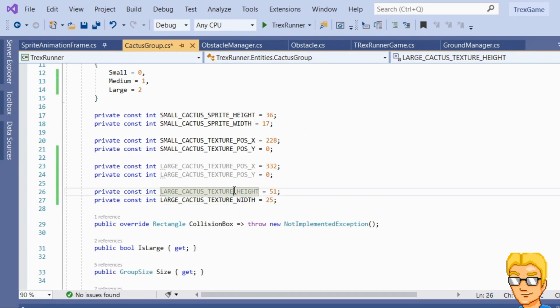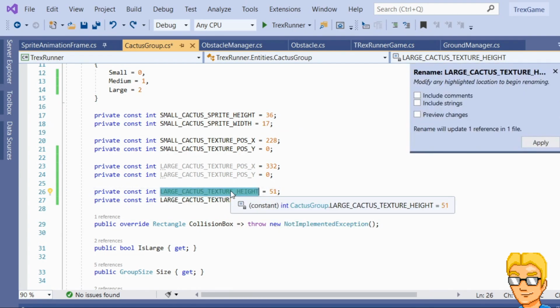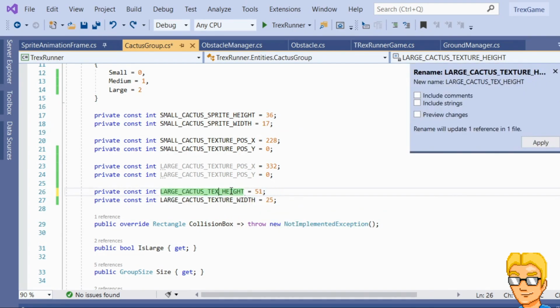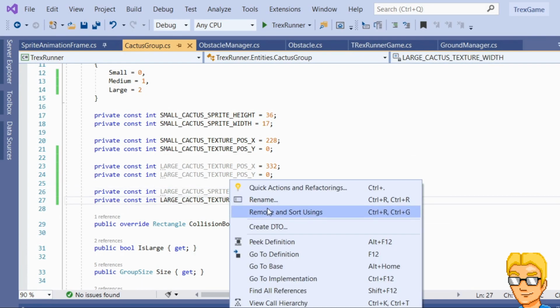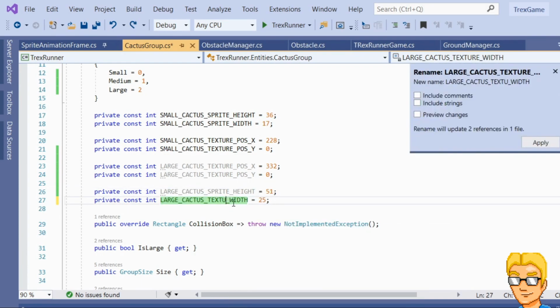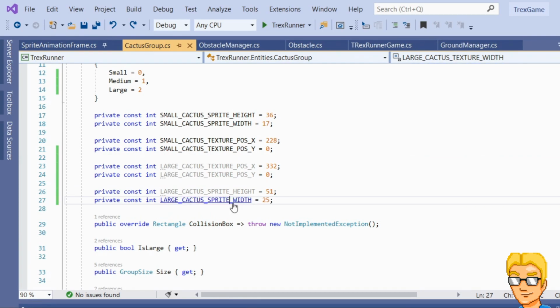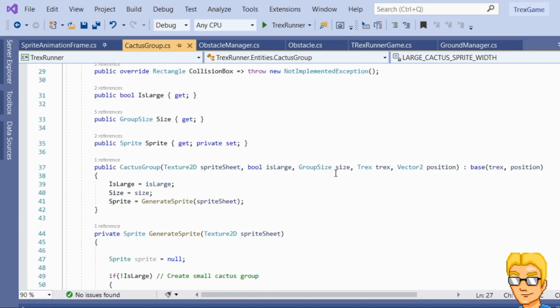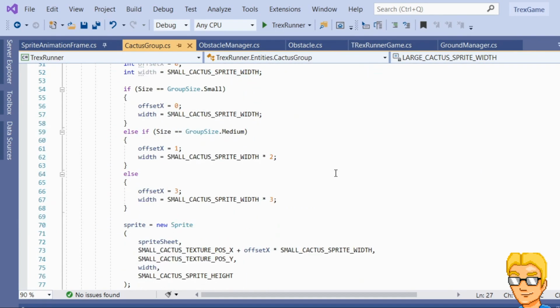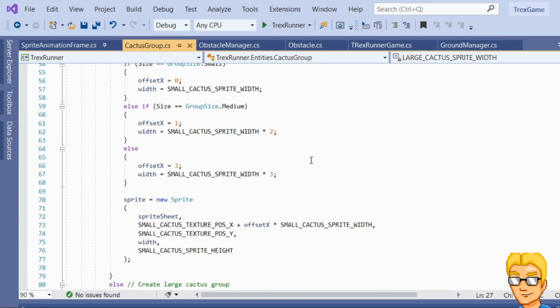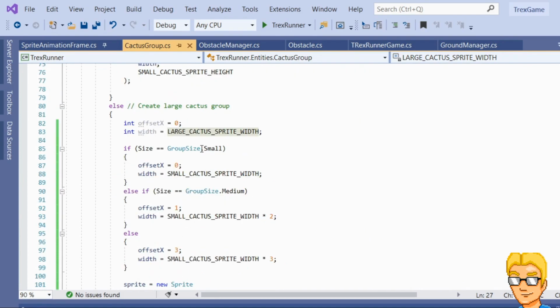Actually, I should rename this. Sprite. So it conforms to the naming of these other constant pairs here. Now, go back down here, copy this,